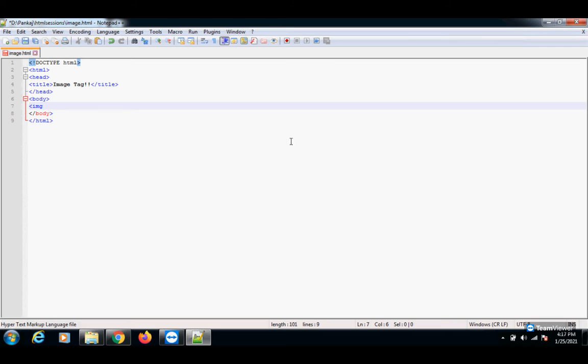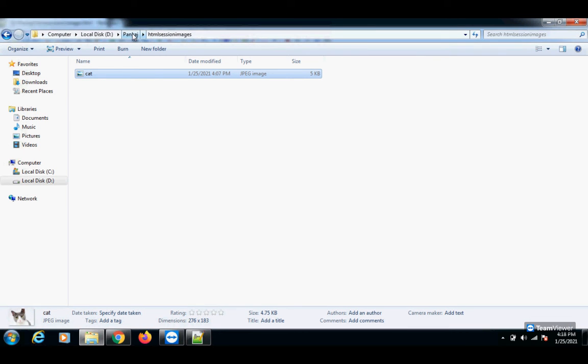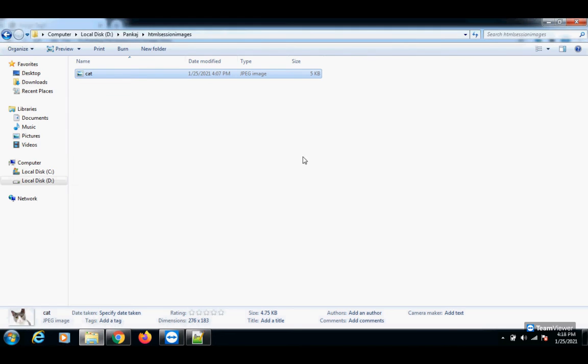So for image, we have one attribute called src, that is basically the source from where this image exists. Currently we are in Pankaj HTML session image.html, and we have the image in Pankaj HTML session images.